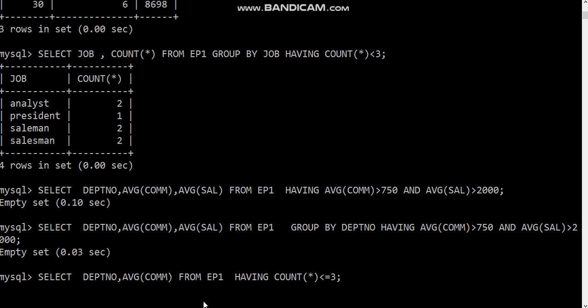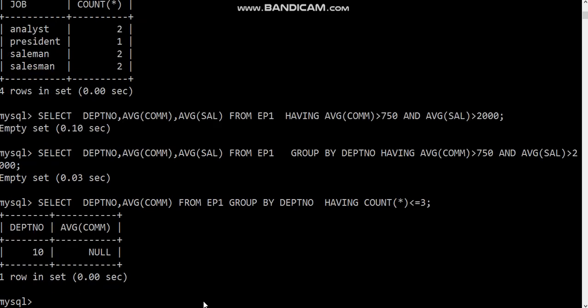Then again grouping I will be doing here, group by DEPTNO. Now see, department number is to be shown, average of commission is to be calculated from EMP1 group by department number if the count is less than or equal to 3. Okay, fine.